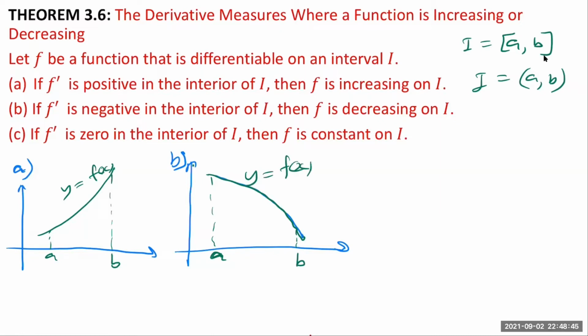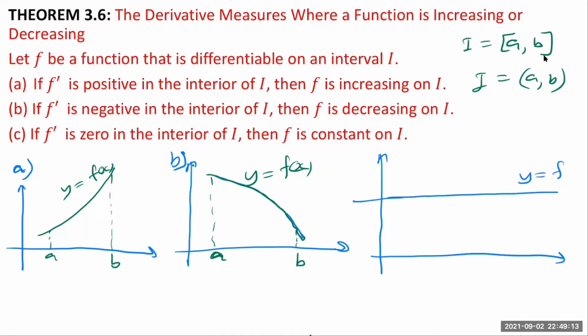And then let's look at the third part. If f prime is 0 in the interior of I, then f is constant on I. Your function should look like this. y is equal to f of x. Then only you will get f prime equal to 0 everywhere. You look at this constant function. If you draw a tangent at this point, that tangent is horizontal. If you draw a tangent at this point, again, that tangent is horizontal. Everywhere your tangent is horizontal, that means f prime is 0. If you want your f prime to be 0, that has to be a constant function like this. That's the geometric interpretation of